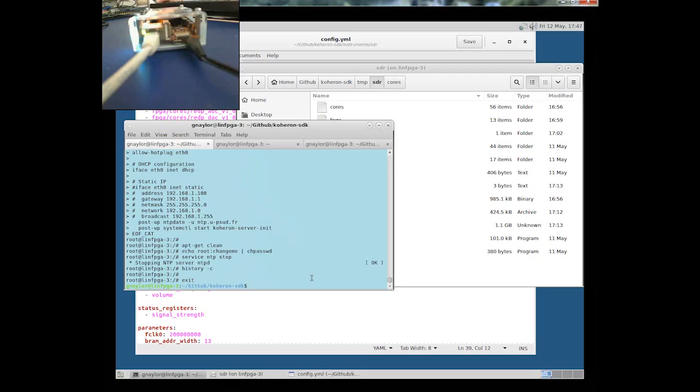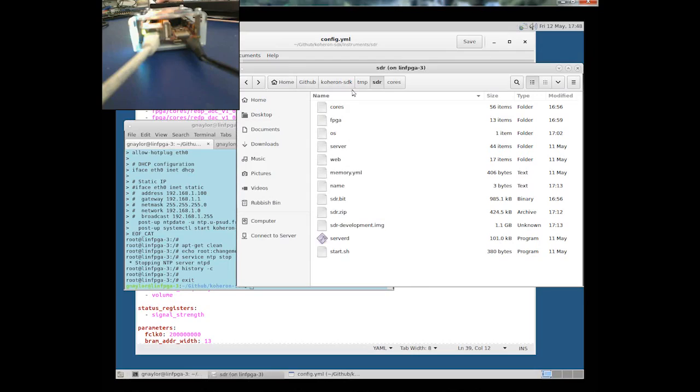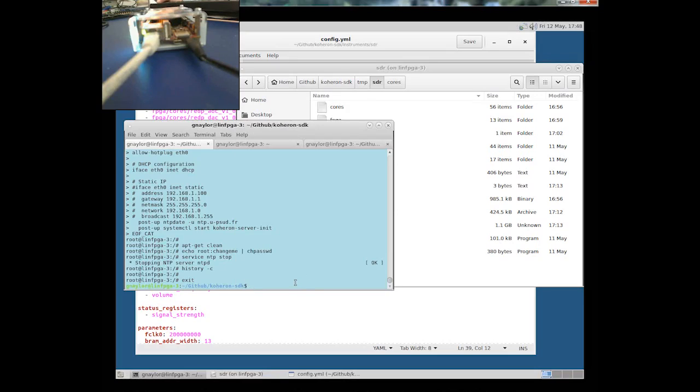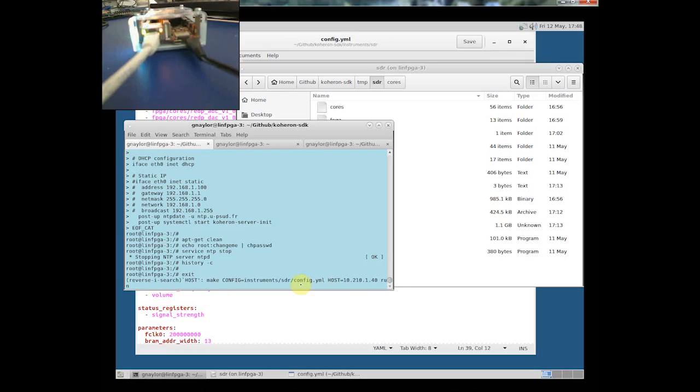A quicker way might be to download the stock image from the Coheron site, and then we can copy the .zip file that was created here directly onto the target board over the network, and that's much quicker to do. So when you're doing future edits of your design, you just simply copy that file over using the host command. So that looks like this, okay,